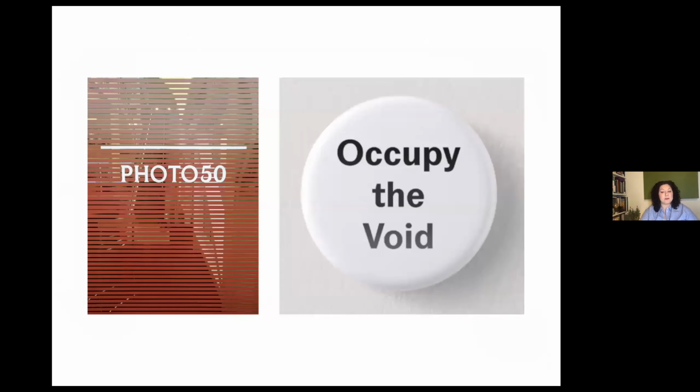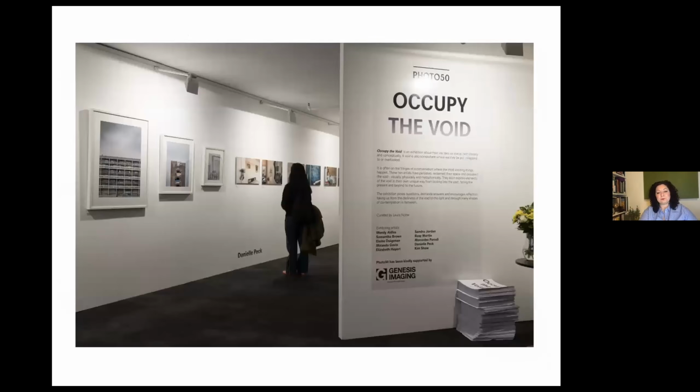So the same exhibition, Occupy the Void. You can see here, we did a publication, which I've got here, which is a wonderful thing. We did like a newspaper, which, big shout out there to Jenny Nash and Kezia Blaine for helping with that, because they were amazing. Couldn't have done it without them. Each artist only had one image to represent their work with.